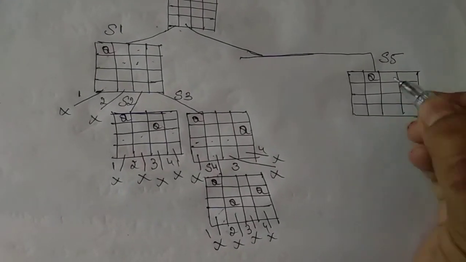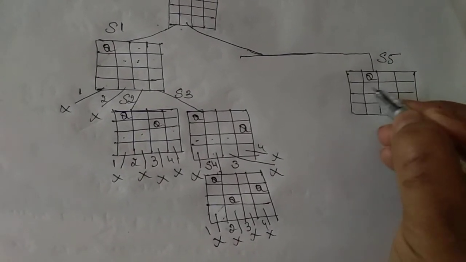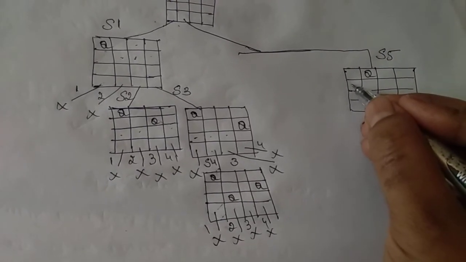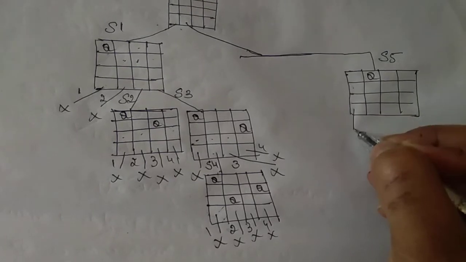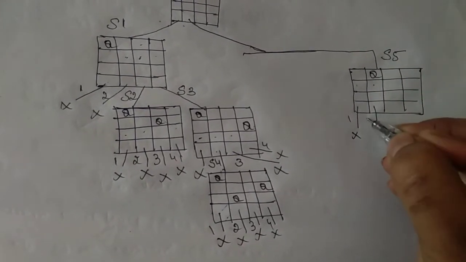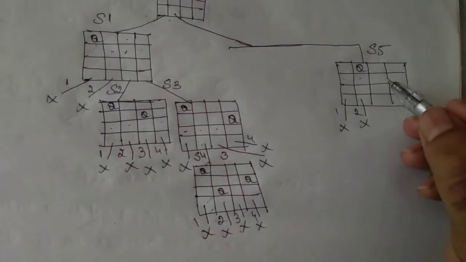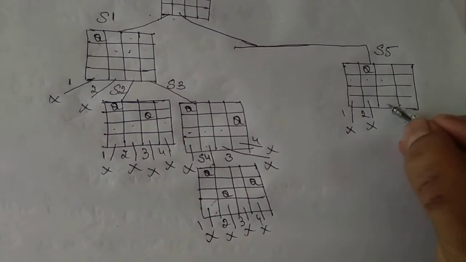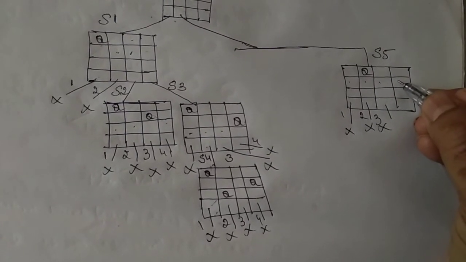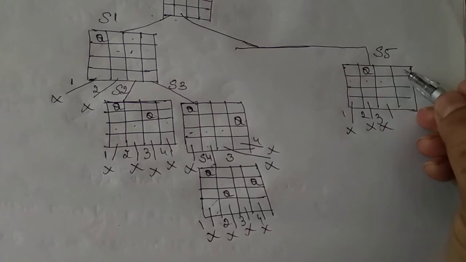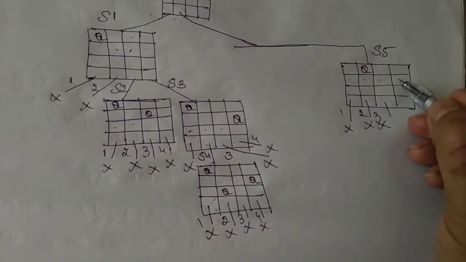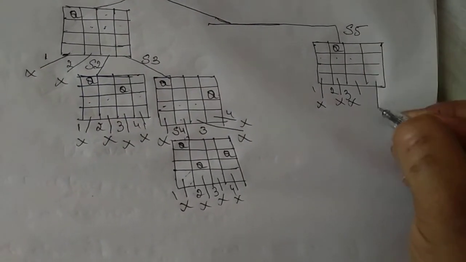See, I'm just checking for second column again here. Okay, in second column can I place q here? No, this can attack diagonally. So 1 is not possible. Here, no, I cannot. So second position is also not possible. 3 here, no, again this is not possible. What about 4 here? It is attacking column wise, row wise, diagonal. Here there is no problem. So I can have over here.